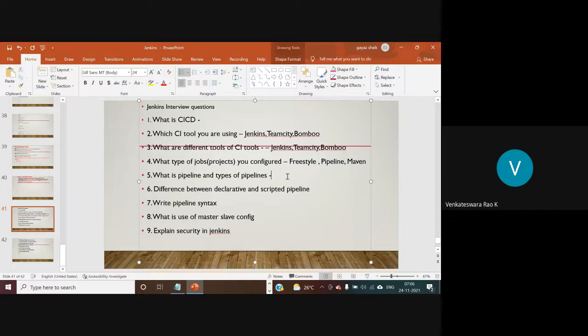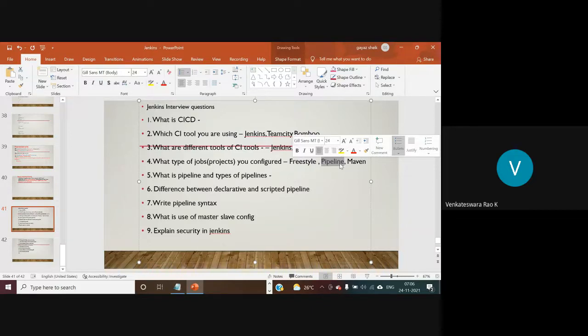Total, what are the operations we require in our software development life cycle, we can create as a pipeline by using this pipeline project. If we have a pipeline, it is going to introduce automation in our project.